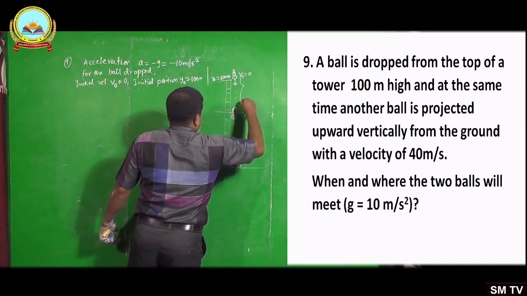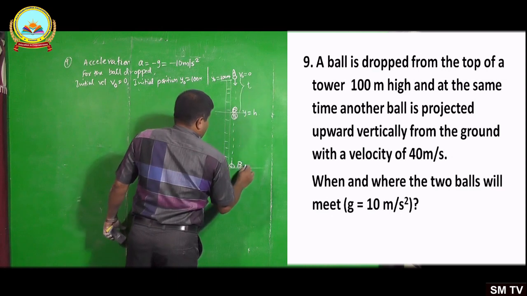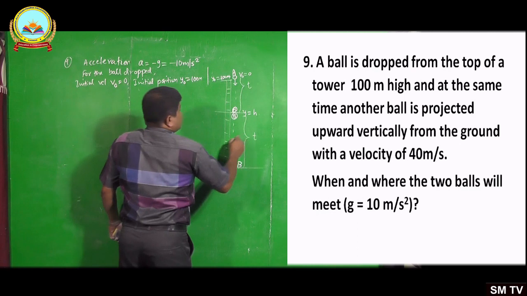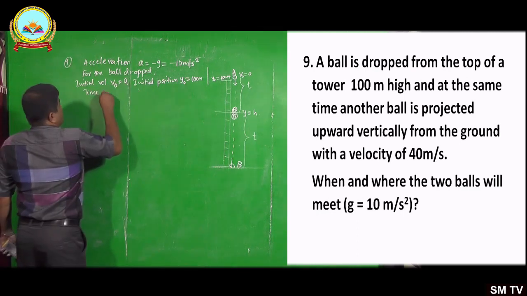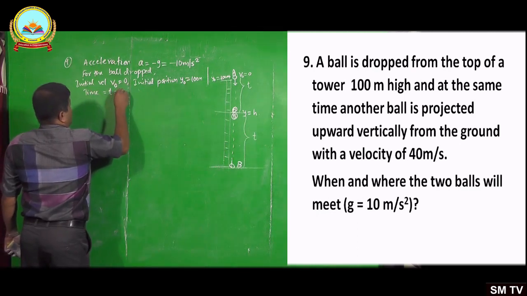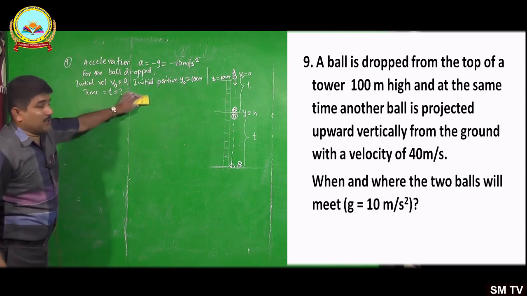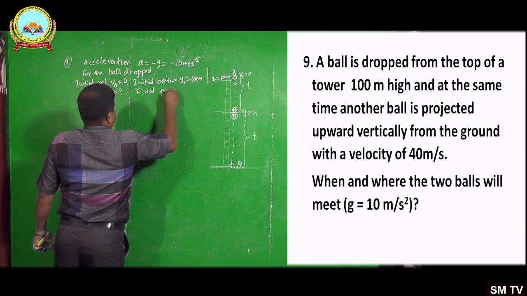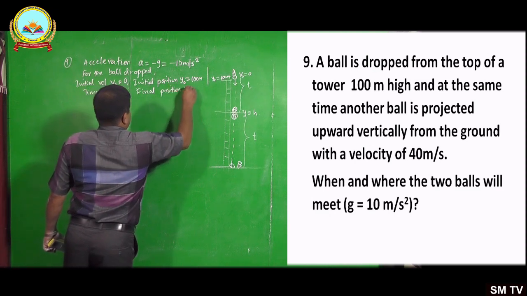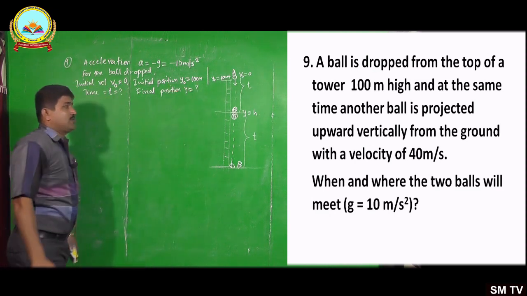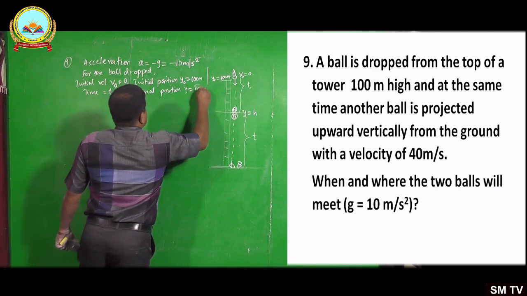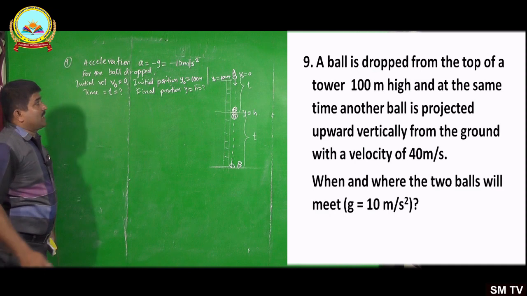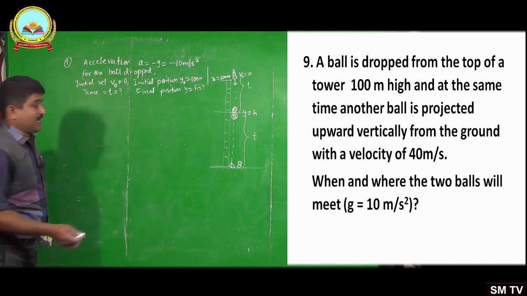Time taken for falling will be t, and time taken by the ball thrown upward is also t only. The height equal to h. So we can use the equation number 2. Final position and time taken we have to calculate in this problem. So final position y equal to h, that is equal to how much? Now for the ball dropped we can use the equations. So connecting all this, the equation is the second equation.